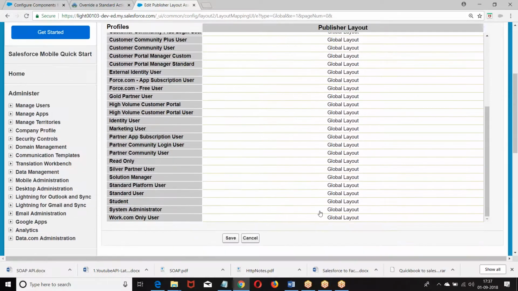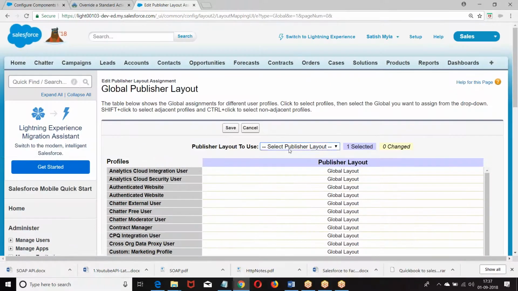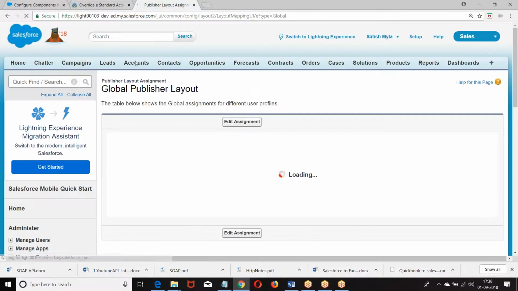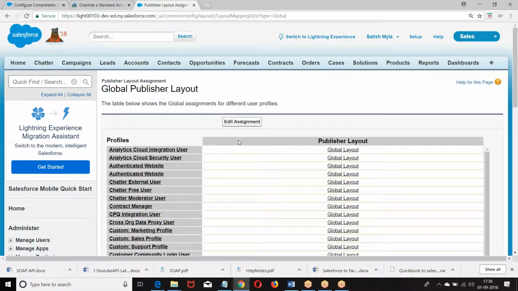Go to administrator. If you have any different layouts, you can choose it. But I have only one layout. No issue with that. But if you have multiple layouts, you can define. Then you go to the page layout, add this global action to the page layout. I hope you're good.